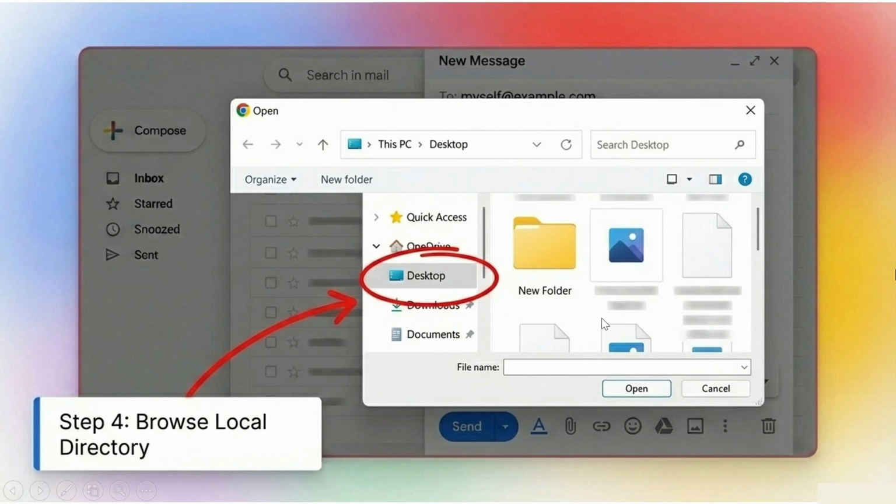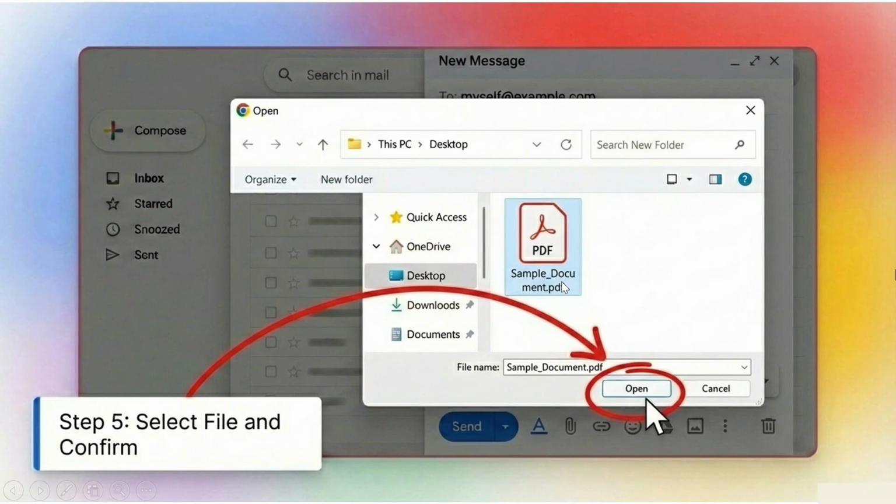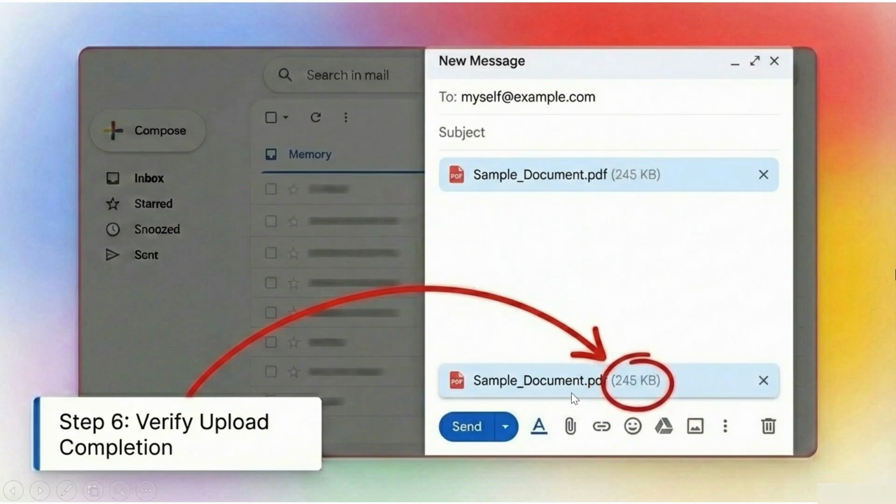I would highly recommend that if you're not familiar with Windows or how the computer operates, keep it on your desktop. Click here, find the folder, and select the file that you want to attach. Select it and then click open, and it will take a few seconds or a minute depending upon the speed